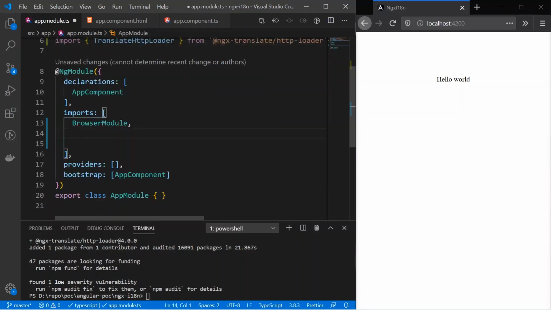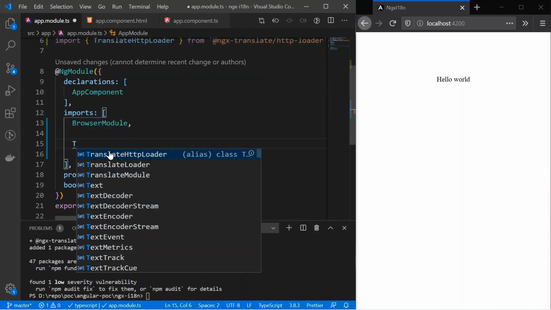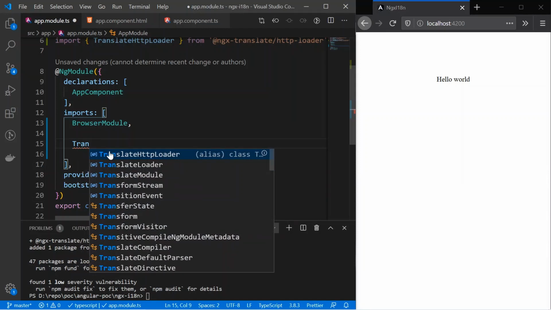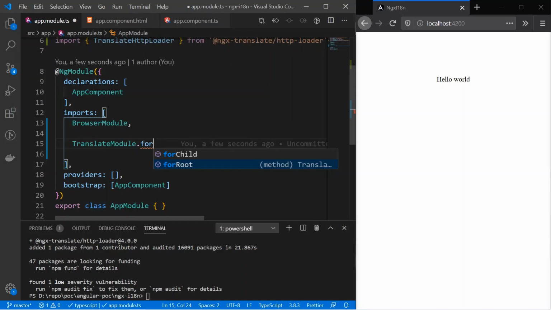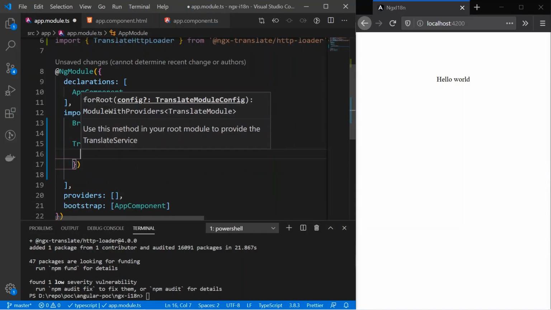Okay, so here you'll have to inject that TranslateModule with forRoot, since we are injecting it inside app module. If you are using a lazy loaded module, in that case we'll have to use forChild. Okay, so we'll go for forRoot.